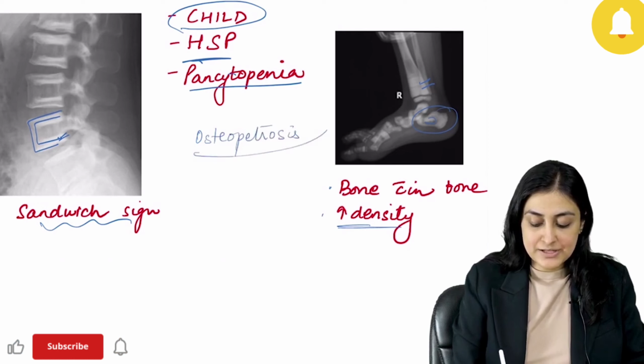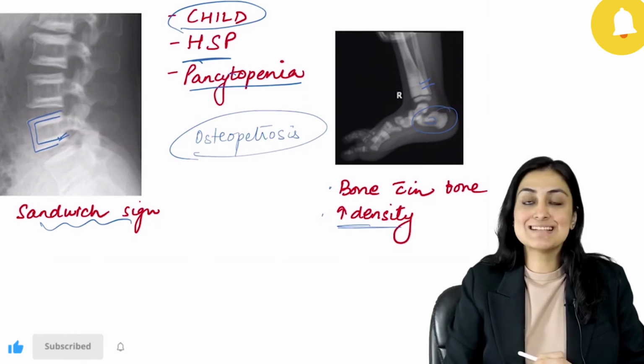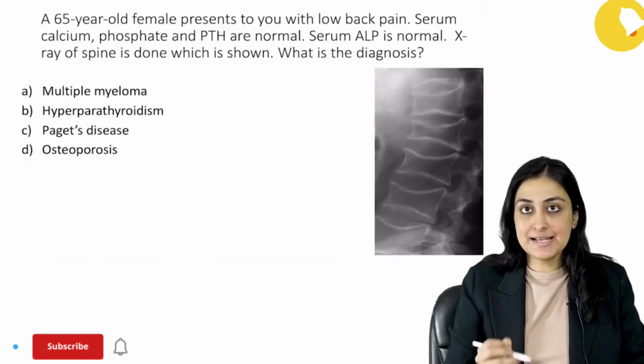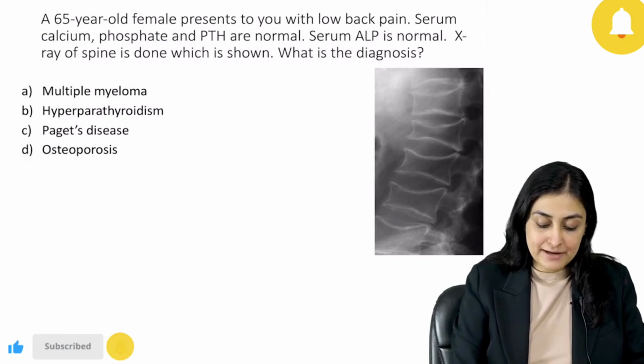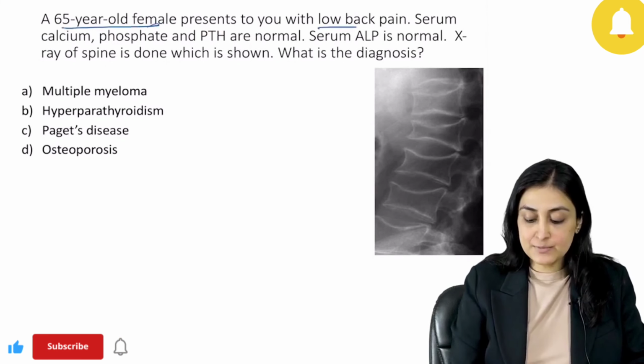This is a congenital dysplasia. This is osteopetrosis with this clinical background. Looking at the next case in the form of an MCQ, we have a 65-year-old female presenting with low back